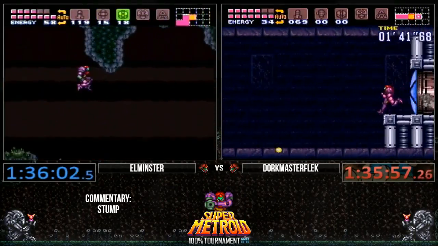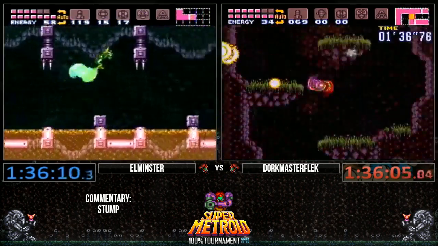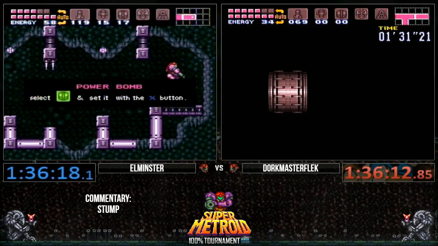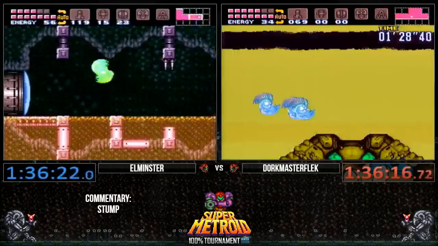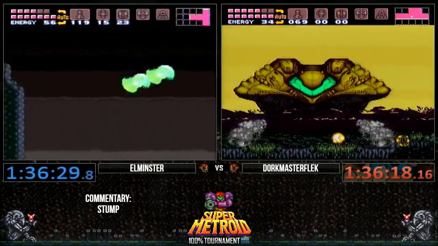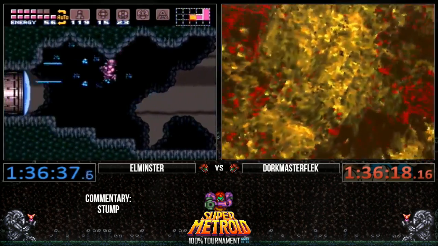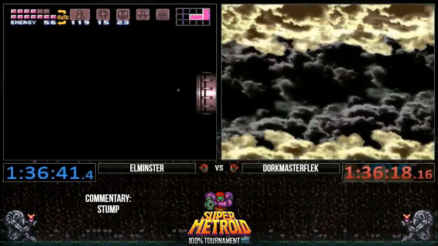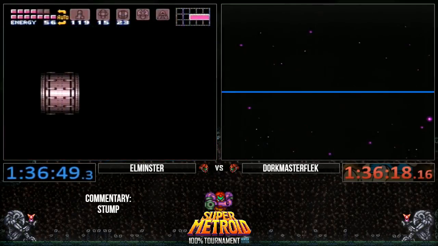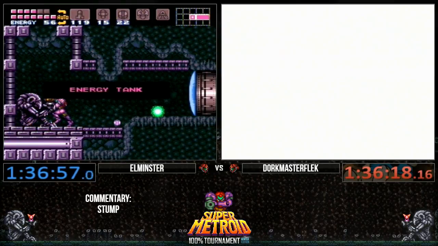Dorkmaster going towards the animals and entering the room, so he will be saving them. Dorkmaster in the ship. Dorkmaster has finished with an SRL time of 1:36:18. While we wait for the credits and the item completion percentage,